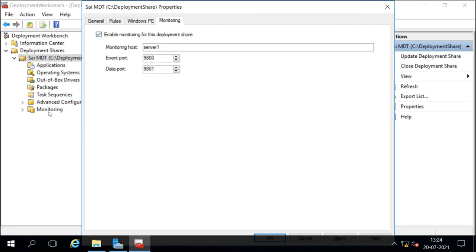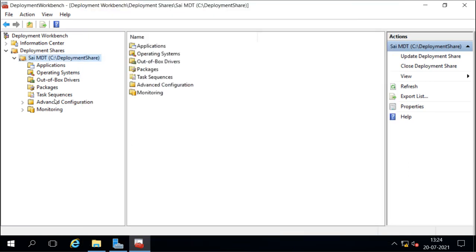It is going to monitor for this host, the event port is this, and the data port will be this, where it will receive the events. So I only changed this, I did not change anything else. And I will press OK here, and then I will update the deployment share.